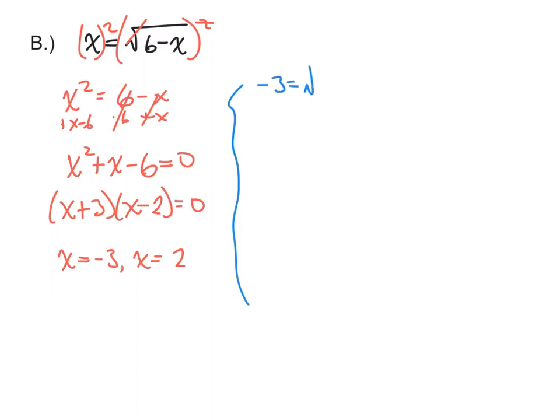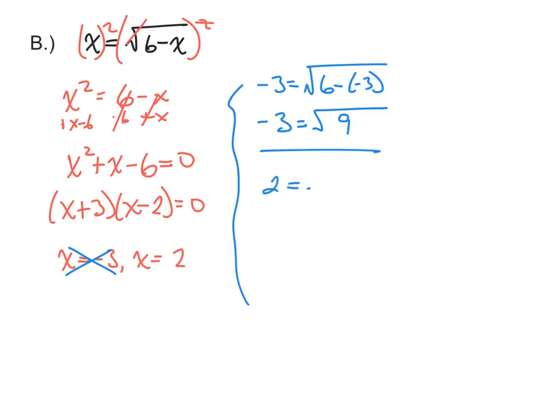And is negative 3 equal to the square root of 6 minus negative 3? Well, 6 minus negative 3 is 6 plus 3, which is 9. Square root of 9 is 3, not negative 3. So x equals negative 3 is not an answer. Now we can't just say that that means x equals 2 is an answer, because we might come into the situation where we don't end up with any answers. So we have to plug that in as well and see, is 2 equal to the square root of 6 minus 2? Well, 6 minus 2 is 4, square root of 4 is 2, so yes, x equals 2 is